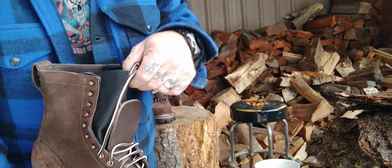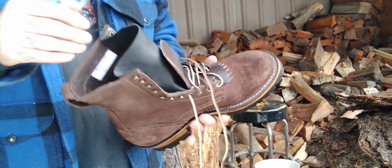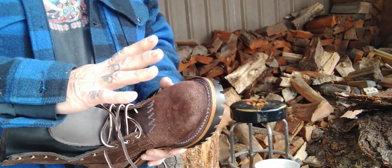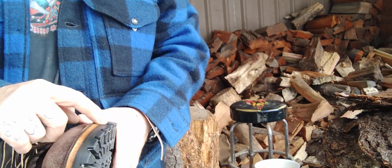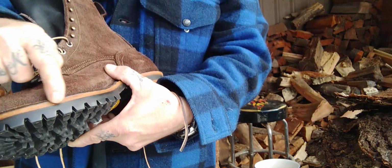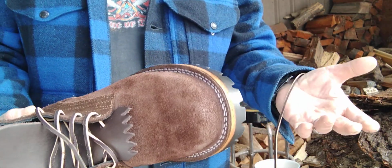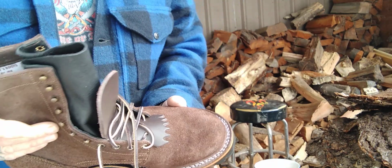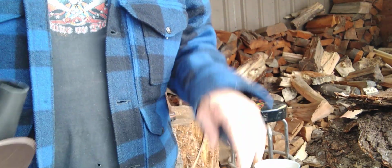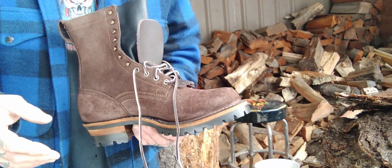The inside of the boot is all leather. It's got a leather footbed, which will eventually mold to your foot. They also have a layer of cork inside of the front of this boot area, which will also help to form to your foot and create a comfortable boot. My black boots, I've been wearing them every day for the last 3 to 4 weeks now, and